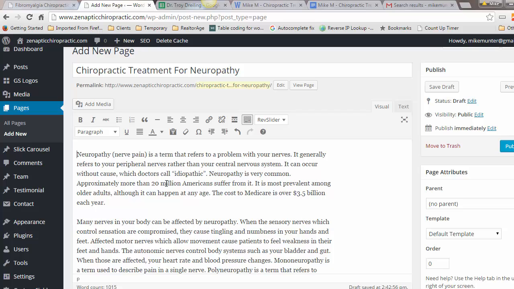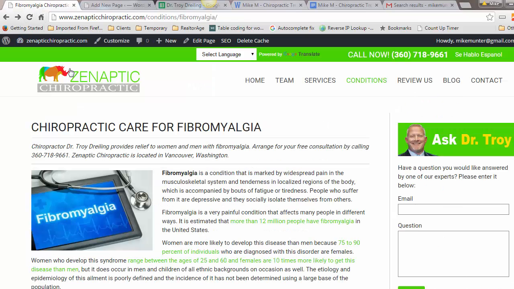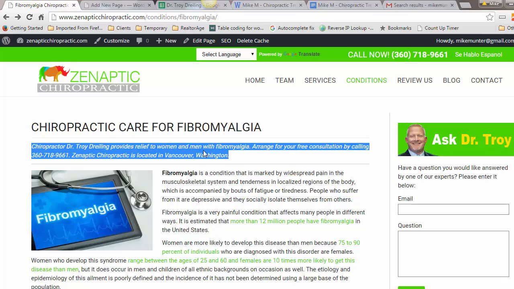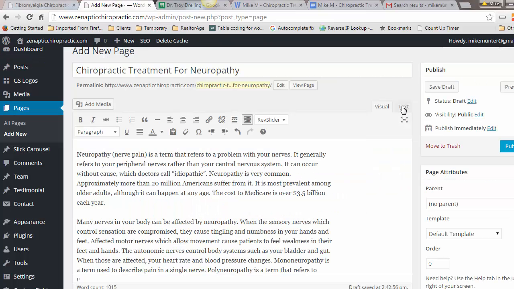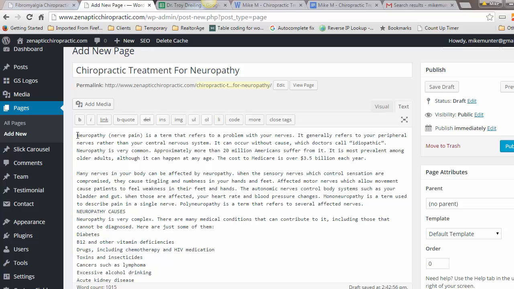I've taken it out of the document itself because we don't want it to be in there twice. Now what I've been doing for Dr. Troy, for this client, is adding an opening call to action. And you can see a sample of that. Here's a page for fibromyalgia. And this is the call to action I'm using. So I'm going to take that and bring it over here and go to the back end,